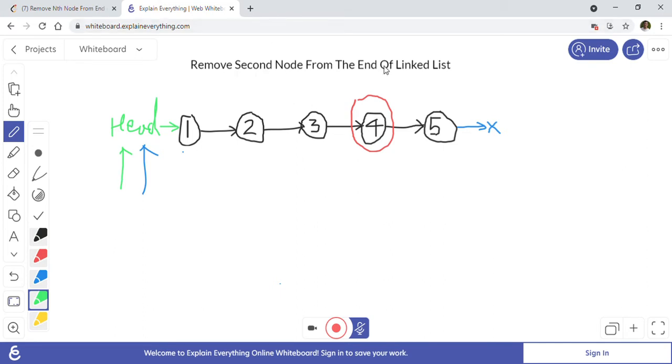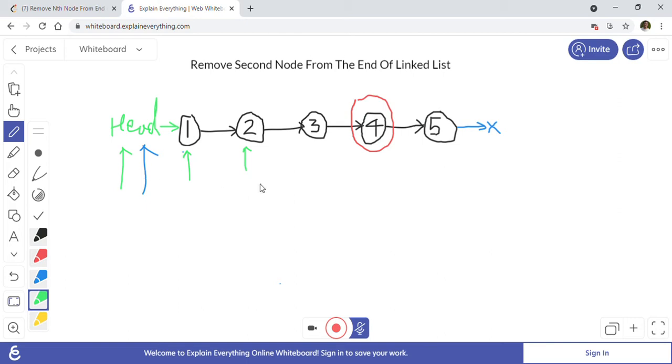We will move the second pointer, the green pointer, two times, which is the number of nodes we are asked to remove from the end. So it is a 2, right? We will move the second pointer two distance first, so 1 and 2. The second pointer will reach node 2, and at that time we will start moving both pointers simultaneously.